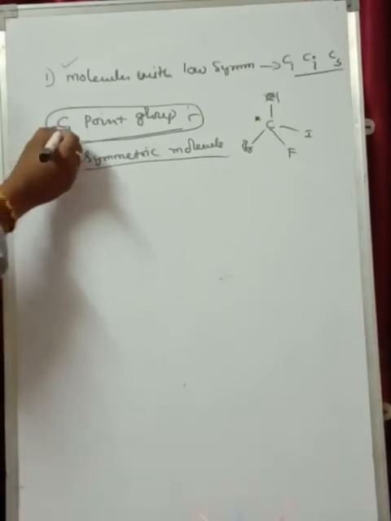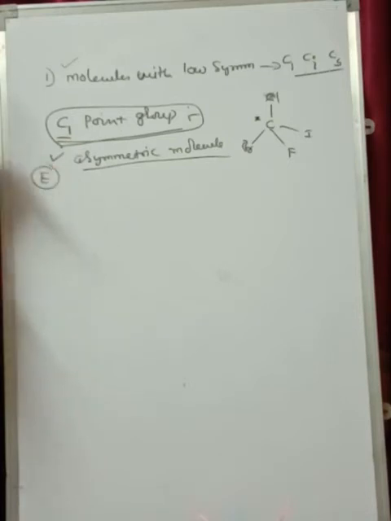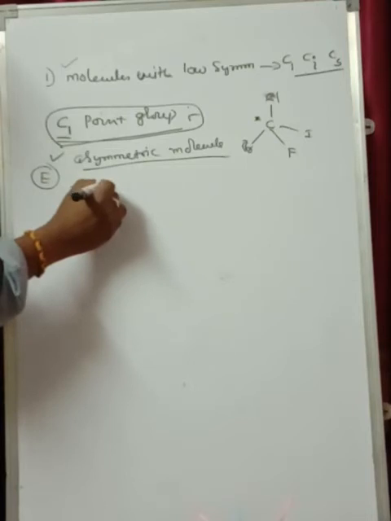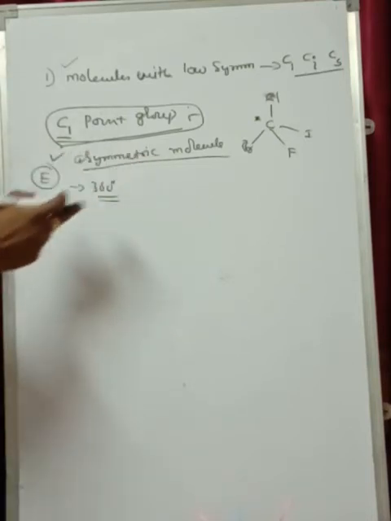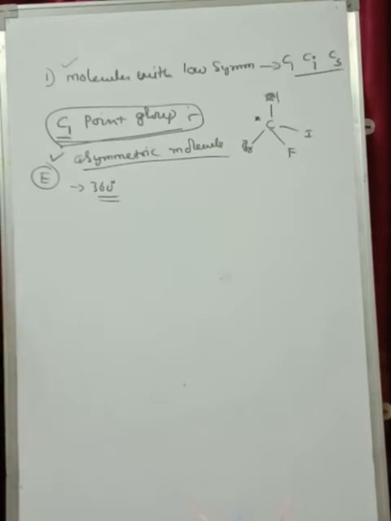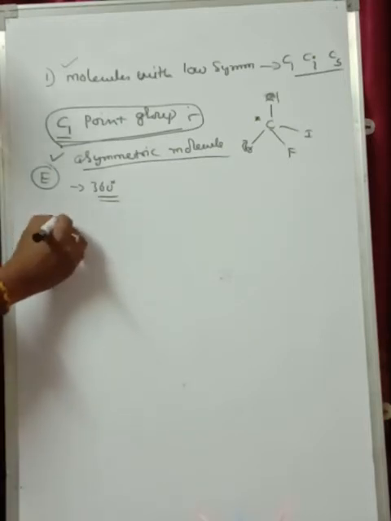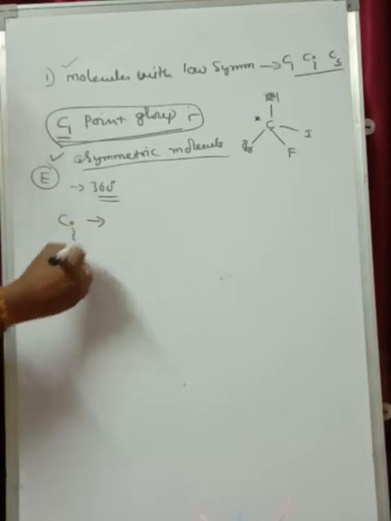So the C1 point group is obtained by rotation, that is, it has only the identity element in it, and this is obtained only by a rotation of 360 degrees. So under the C1 point group, all asymmetrical molecules come under this category. Now coming to the next point group, the Ci point group.